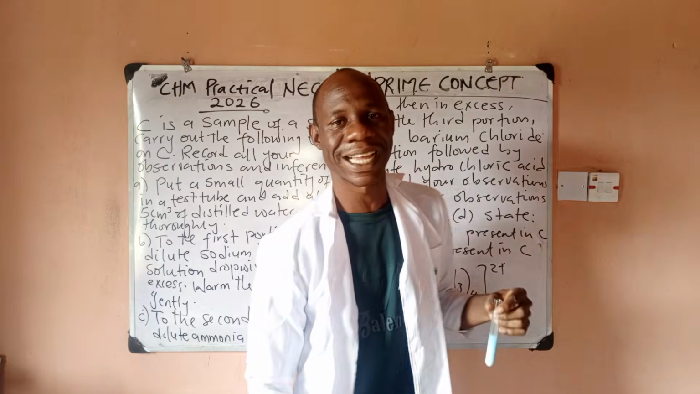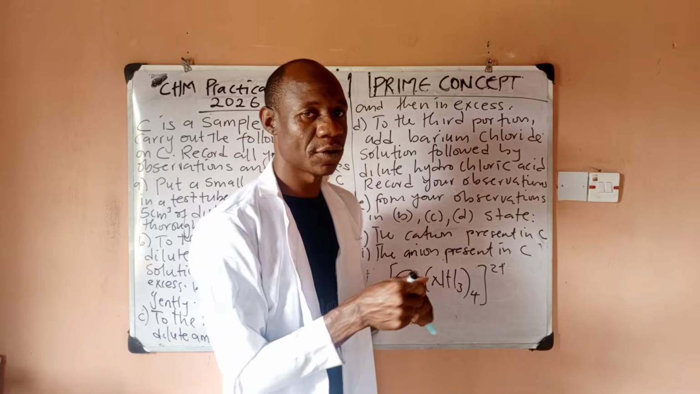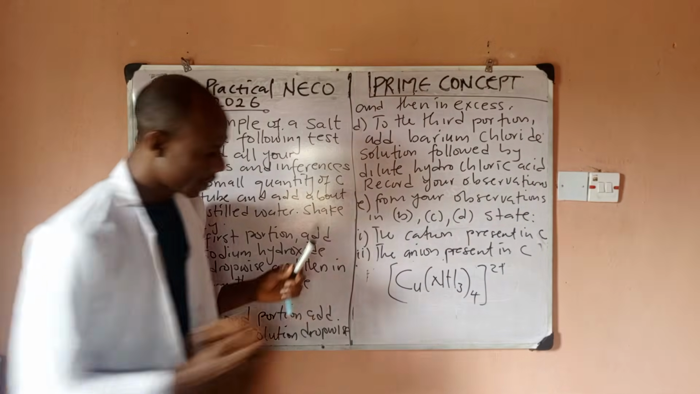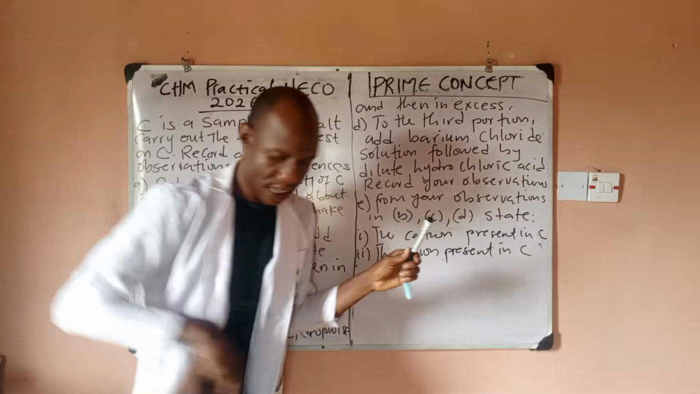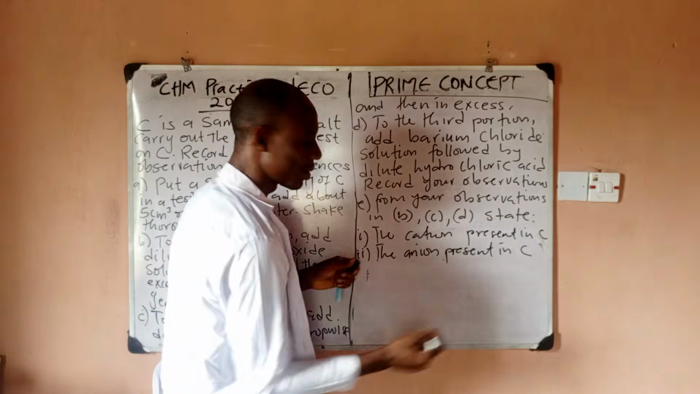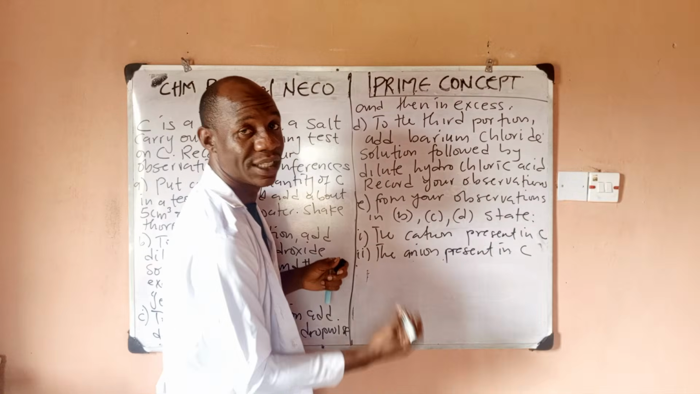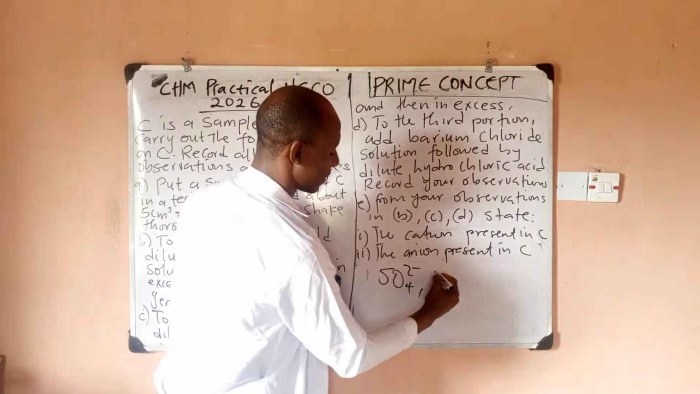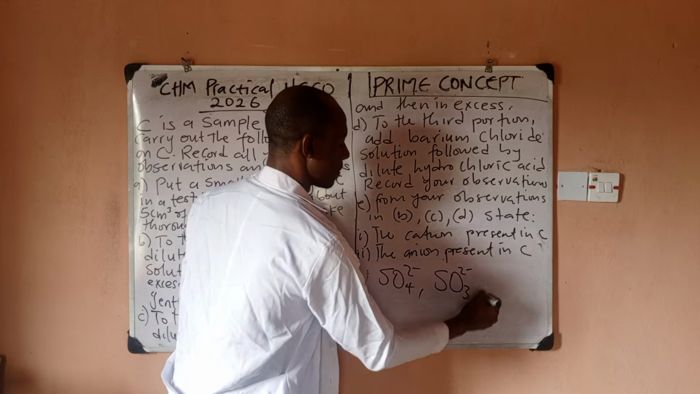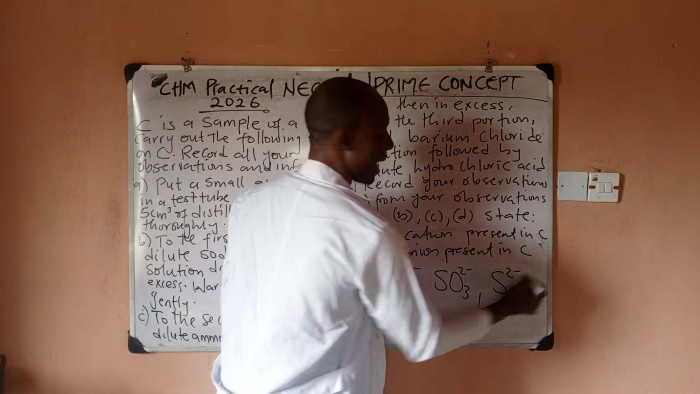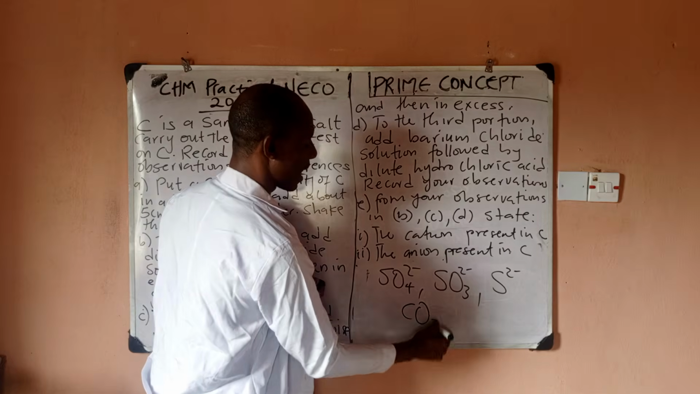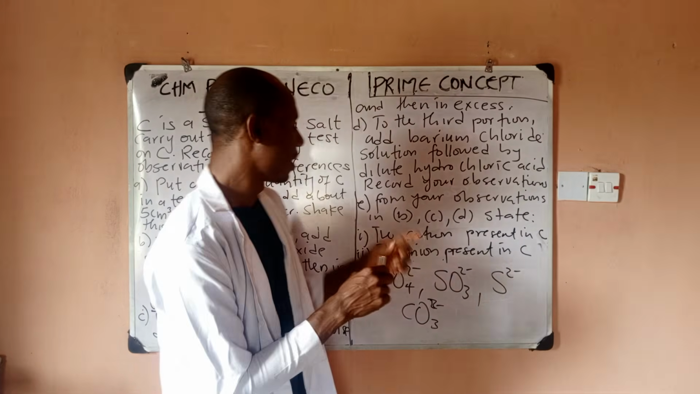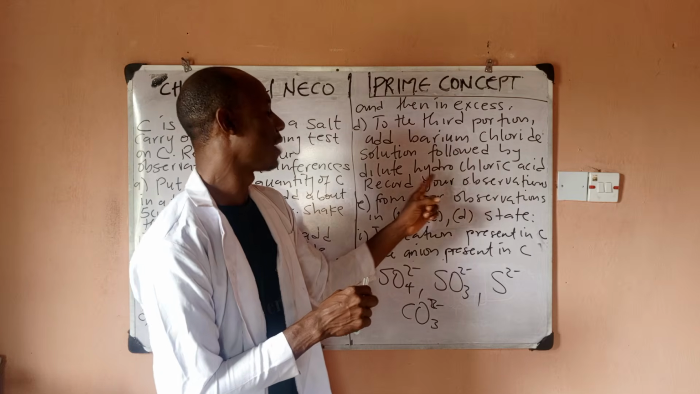Now white precipitate can indicate the presence of some anions. Whenever you add barium chloride to a sample and you get white precipitate, it could indicate that sulphate ion is there. It could indicate that sulphite is there. It could indicate that sulfide ion is there. It could also indicate carbonate ion. So any of these ions could be present, and that is why they said we should add dilute hydrochloric acid